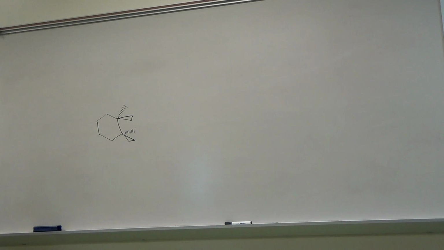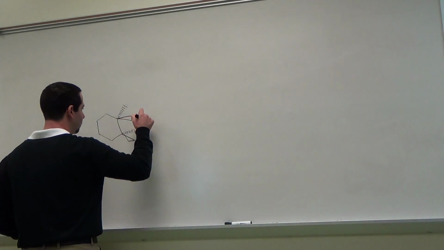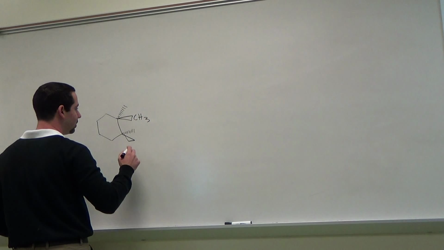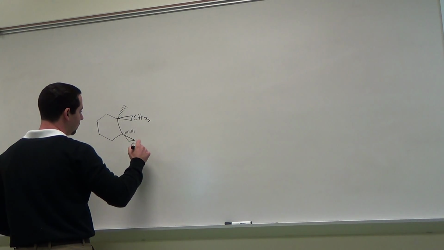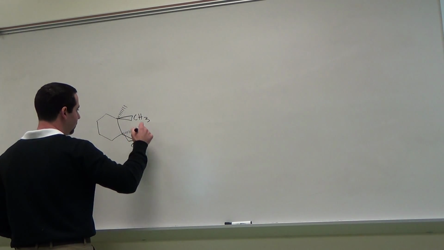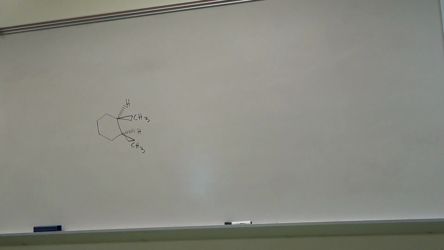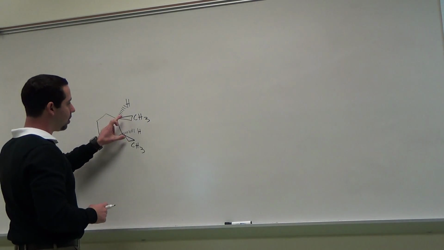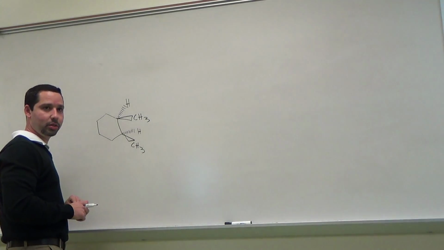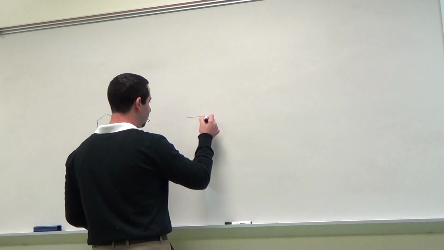You can have something like this, which is a CH3, and this is a CH3. And what is that? Is that cis or is that trans? It's cis. You have to know that both of these are on the same side, yes? So when you draw this,